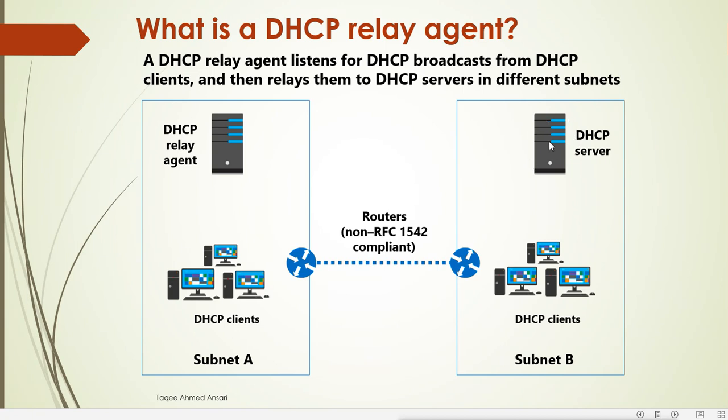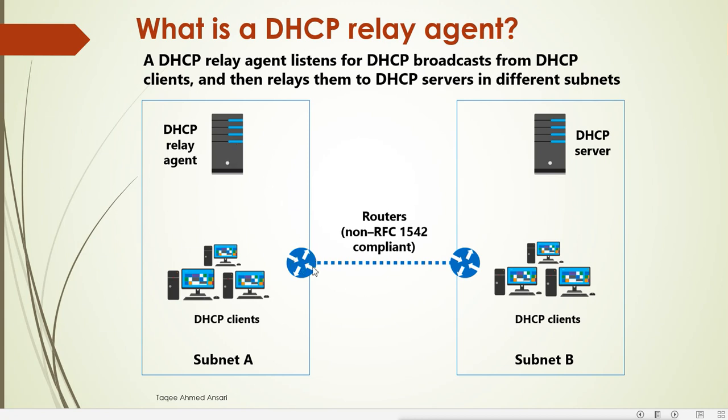Now for that we need what? A DHCP relay agent. This one is actually a router. This job is done by the router. So we can configure the DHCP relay agent on the router itself, or we can also use our Windows Server machine as a router, and on that router we can configure the DHCP relay agent. But remember, it is not a DHCP server here. This DHCP relay agent is actually acting as a router for our network, and that is also doing the DHCP relay. This thing can be done by the router also.